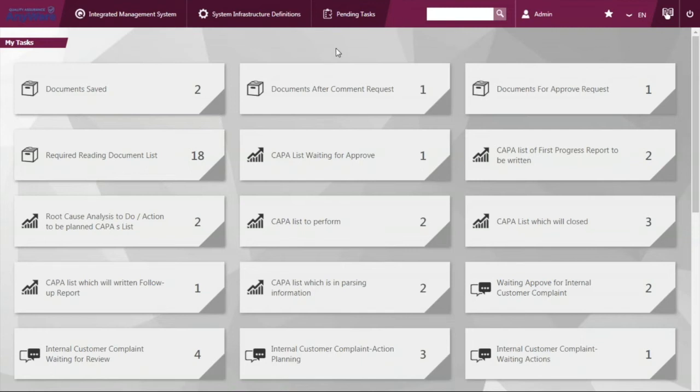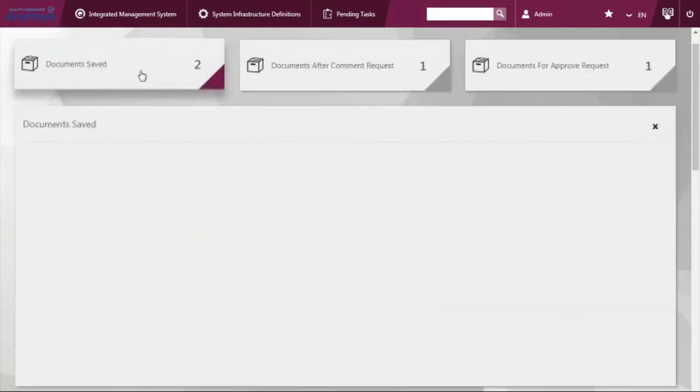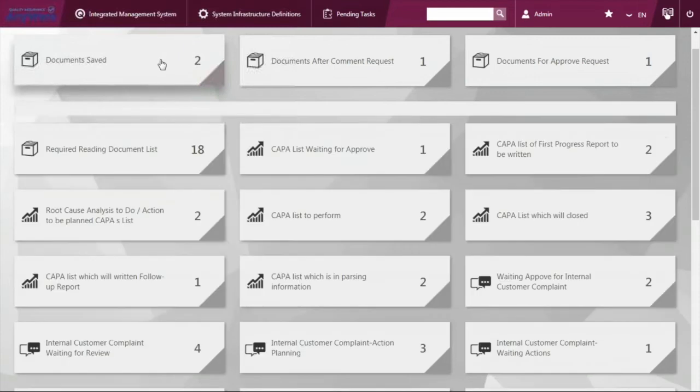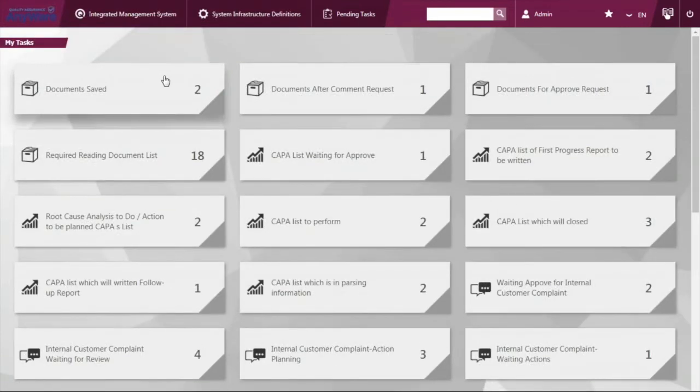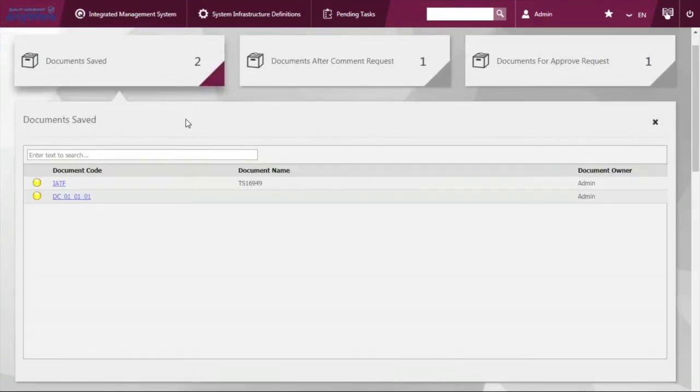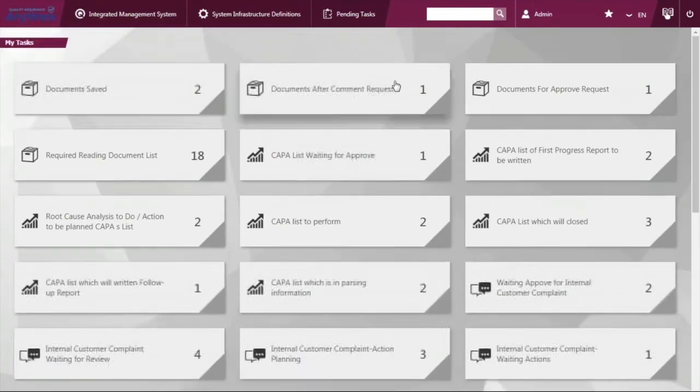You can find all the pending tasks and also the requests for approval right after you log in. So it makes sure you will not miss any important tasks after you log in. And you can proceed with this request right on your home screen.